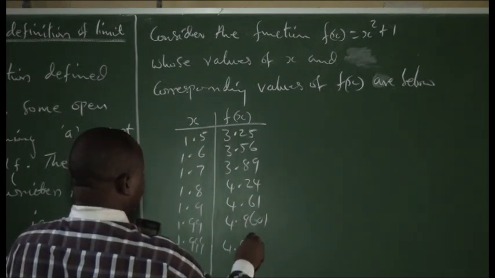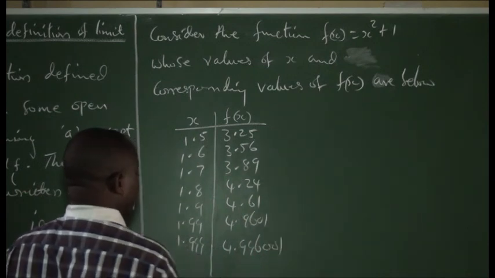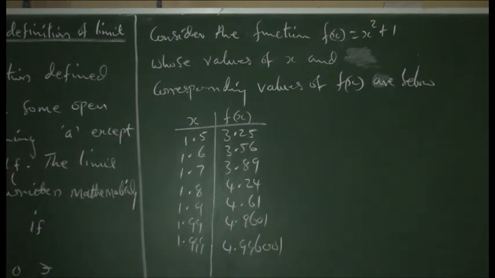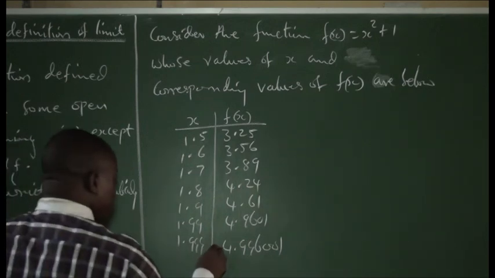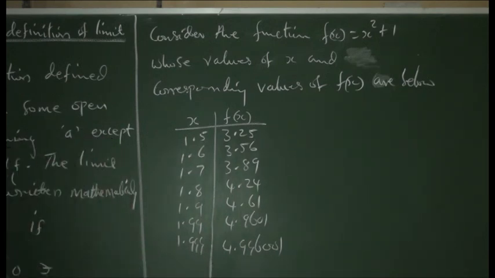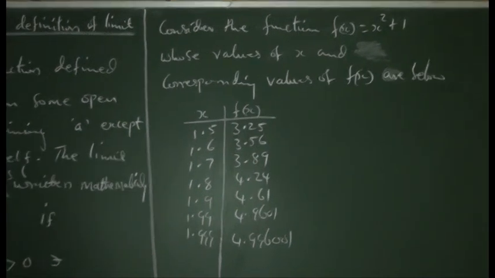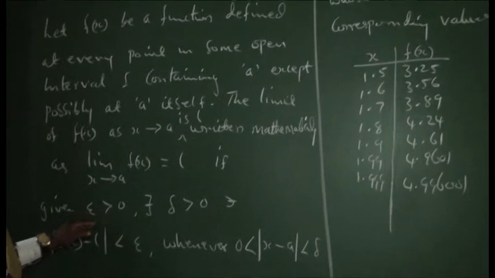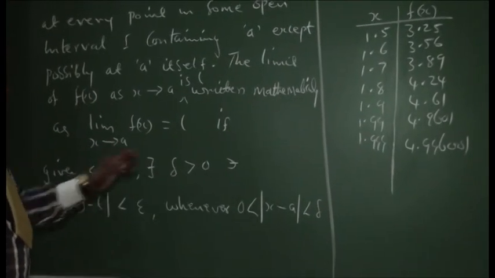And 1.999 gives 4.996001. Good. So here we want to see what this definition is saying, that given epsilon, there exists delta